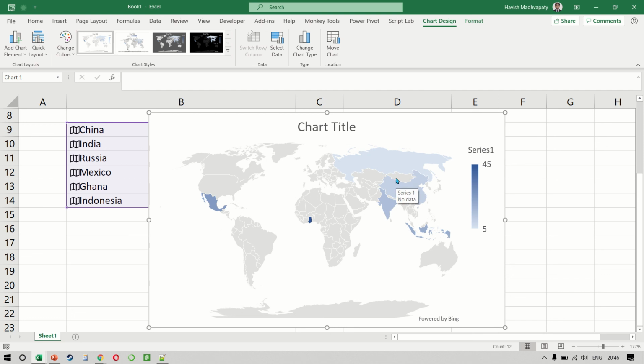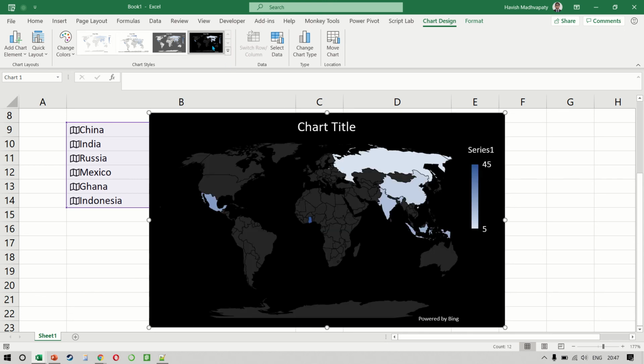So I hope you like these examples. In the next few quarters, we are expecting Microsoft to launch even more data types in Excel. But I think this is a wonderful start. And even though this is not to the level at which you can work in a business intelligence tool like Power BI, it is excellent to see that even on Excel, we have all these capabilities that have been added.